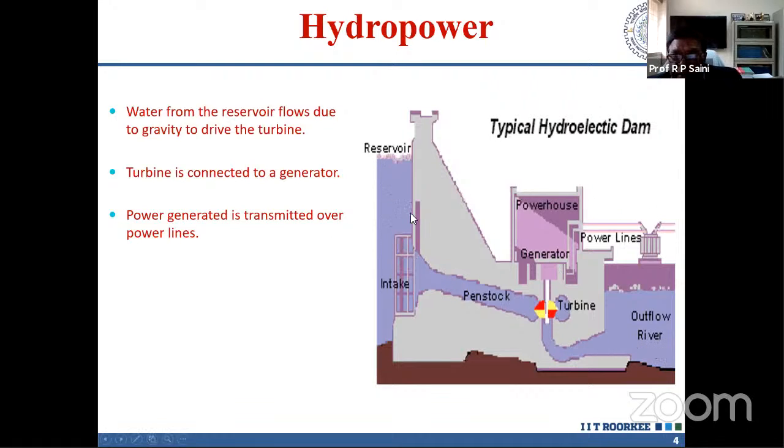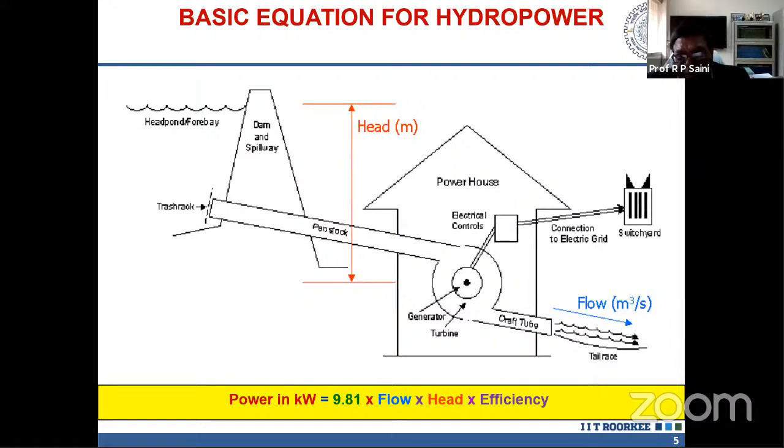Here I'm talking about, suppose this is the upper stream and this is the downstream of water. So I can say head is up to this point. This vertical height is the head. It is not the length of this, because it's a potential energy. Now let us discuss what is that power equation with which we can estimate the potential energy. This is the schematic of a very simple typical hydropower station.